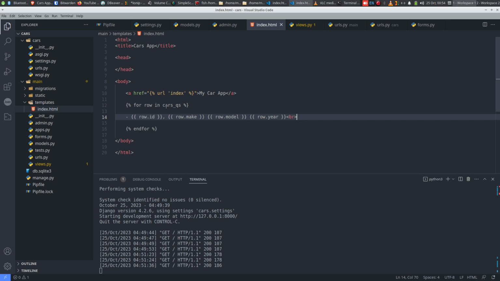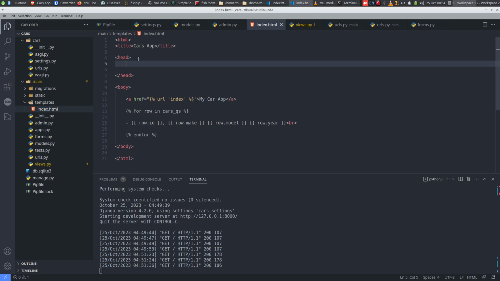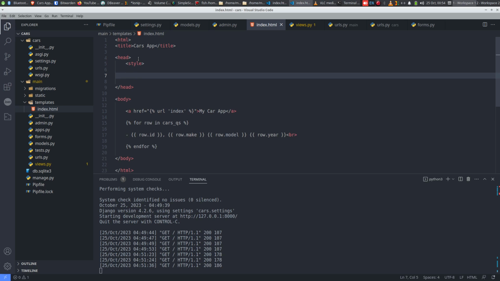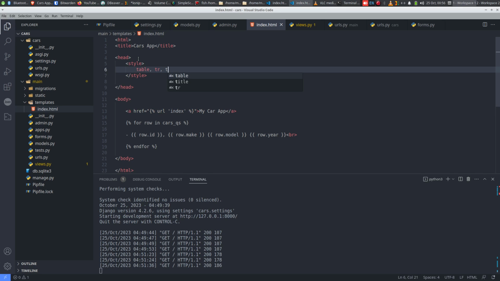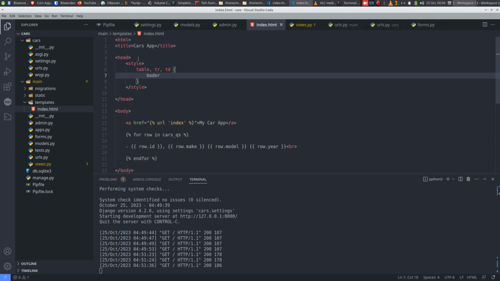Okay, now that we have this data, I'm going to style it a little bit so it looks nicer on the table. So instead of just doing a plain string, I'm going to add a table to display the data. So I'm going to add a CSS style. So I'm going to say style. And you could do this with any kind of CSS framework like Bootstrap or Tailwind or whatever, but I'm just going to do a very basic one. So I'm going to say anything with table, I want to have a border on that table, so I'm going to say border 1 pixel solid,